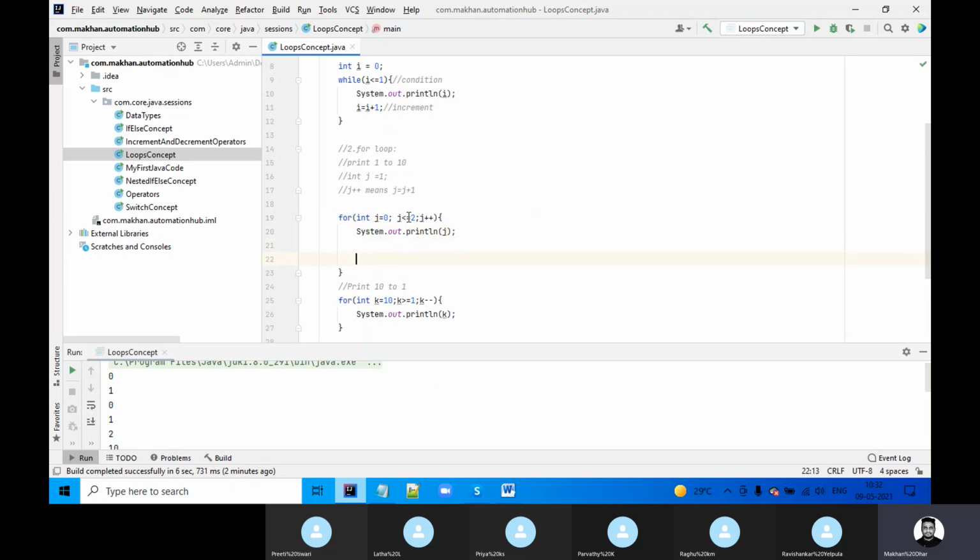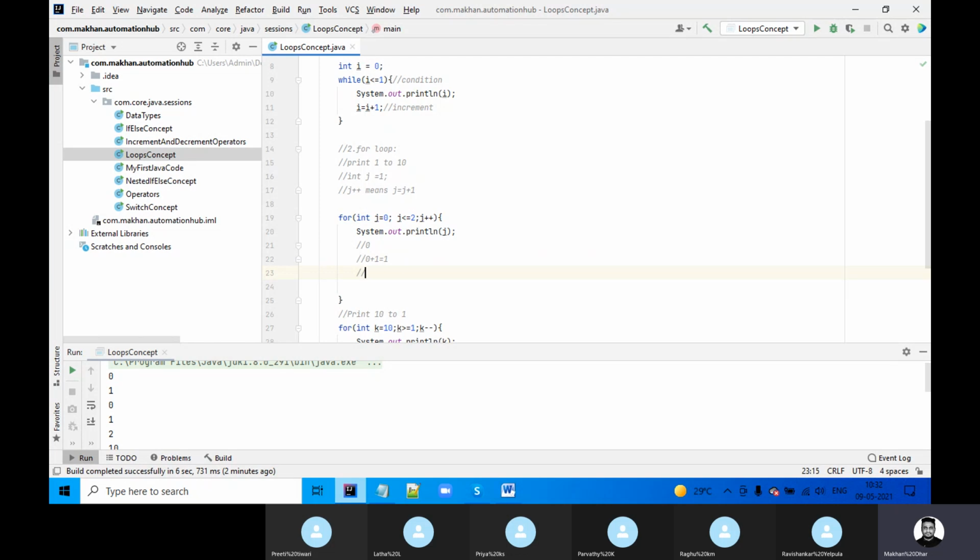This is the boundary, the limitation we have given. We are saying it should not print more than 2. So it will execute from 0 to 2. The first value is 0.